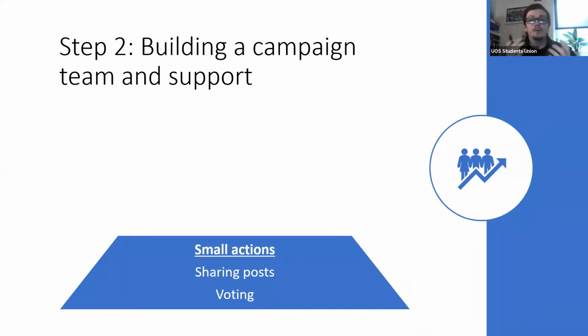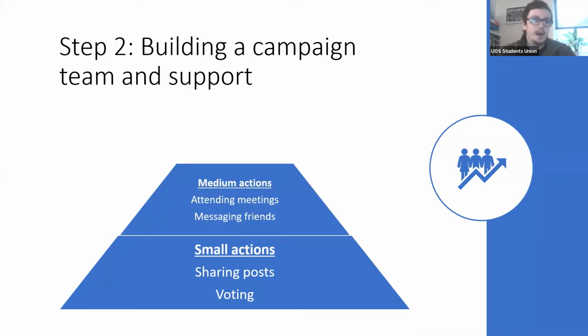So examples of really small asks might be that you ask someone to share one of your posts on Facebook, and you're definitely going to want to ask them to vote for you and to remember to vote. The first thing, if anyone asks you, how can I help you? Remember to ask them to vote. You'll be surprised, but people forget to vote. Even candidates forget to vote sometimes. So absolutely first thing to ask anyone that comes to you is, have you voted yet? And then the next thing is, maybe you could like and share some of our stuff on social media.